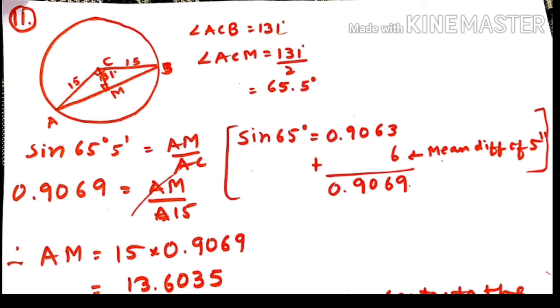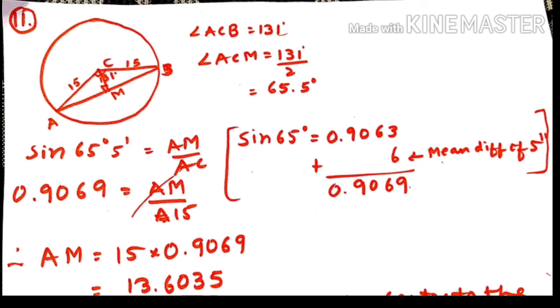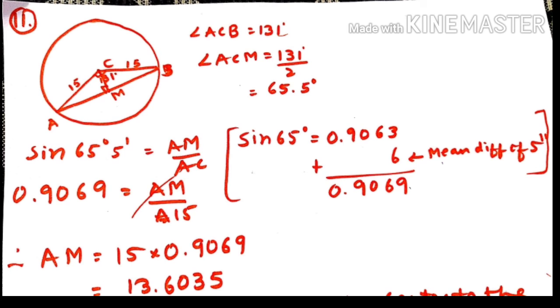So here a circle is given and the center is C. AB is the chord given. Here you have to construct something, as I have constructed, students, for solving this question. Also you are given radius 15 centimeter. So here there are two radii, AC and CB. There I have written in the figure 15, 15.